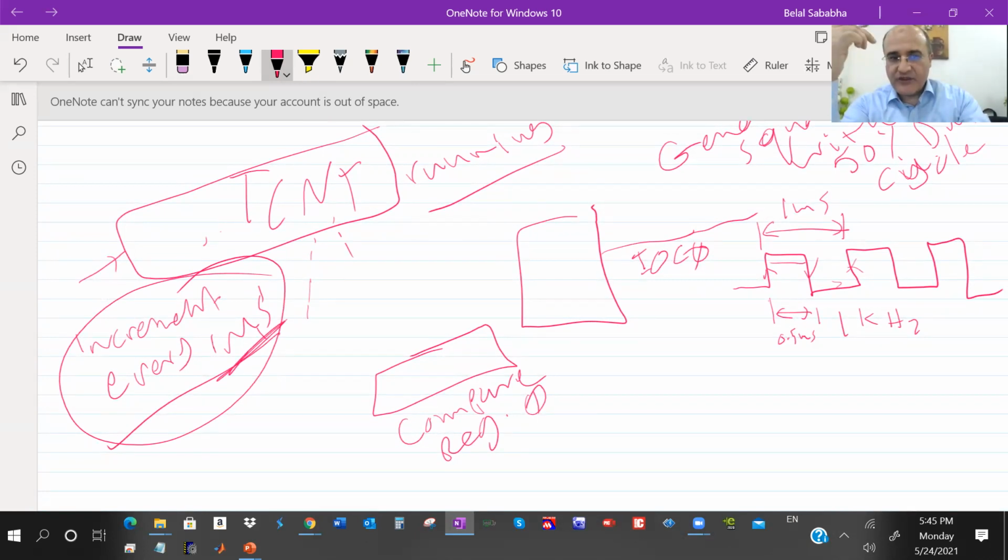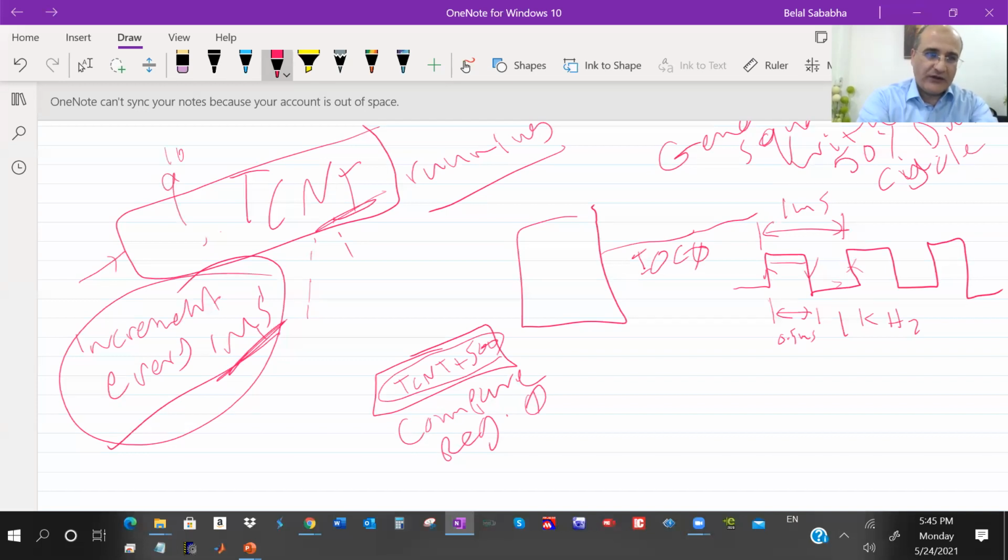So after 500 microseconds, the value in here plus 500, that is the TCNT value plus 500, you store it here. For example, at this point in time this one was 1000, and when it becomes 1500, then you have counted 500 times. It's time to cause a rising edge. So you take the value of the TCNT counter, add 500 counts to it, and store it in the compare